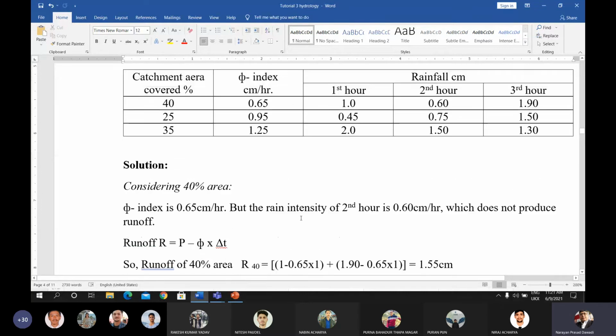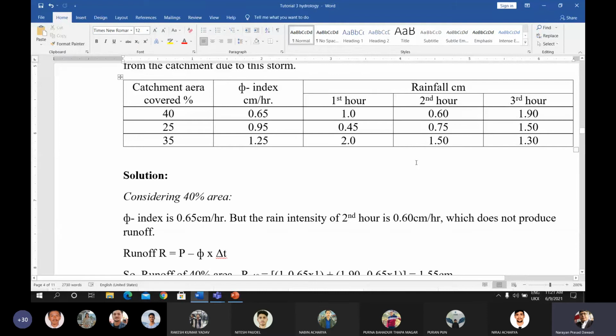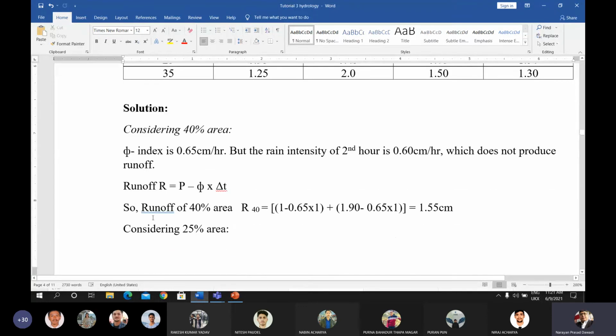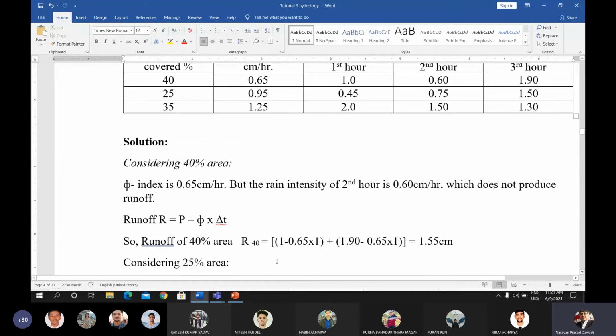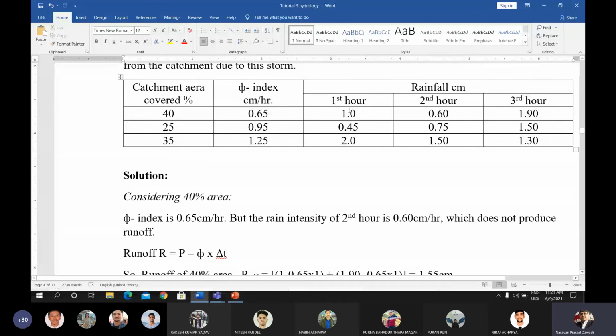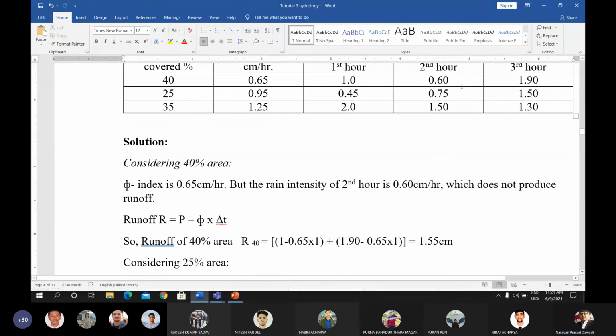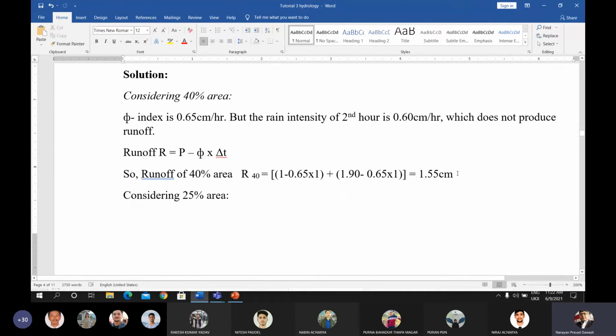Now, the runoff for this 40% area is P minus phi t. You can find the total runoff for the 40% area as R40 equals 1 minus 0.65 into 1, because time is 1 hour, plus the second hour, which does not produce runoff and I have not considered here. Now the third hour, 1.90 minus 0.65 into 1, which gives the total depth of runoff as 1.55 centimeter